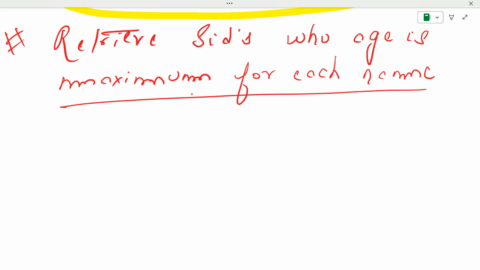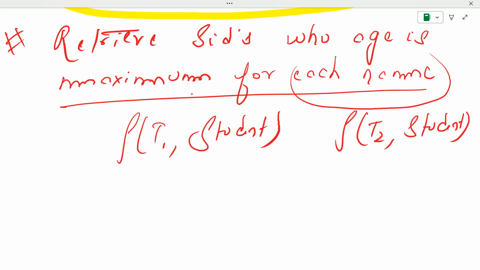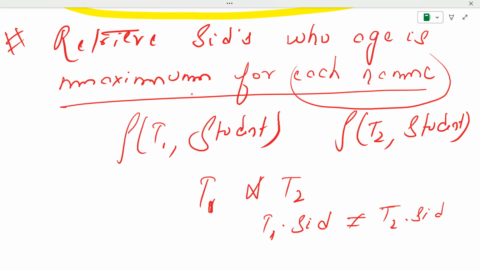Okay, so we need to first categorize based on the name part. So for each name, let's say the names of some students are the same. So we are making T1 student and T2 student, and we write T1 conditional join with T2, and T1 dot SID not equal to T2 dot SID, let's say it is explicit, and then we are writing that T1 dot